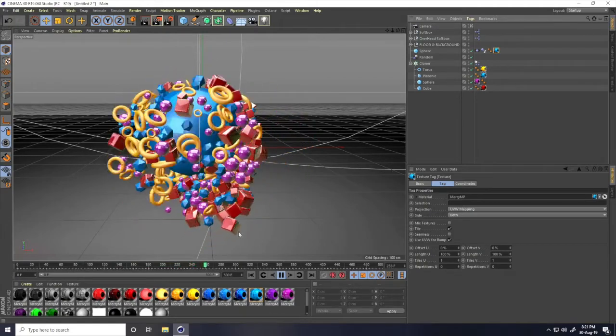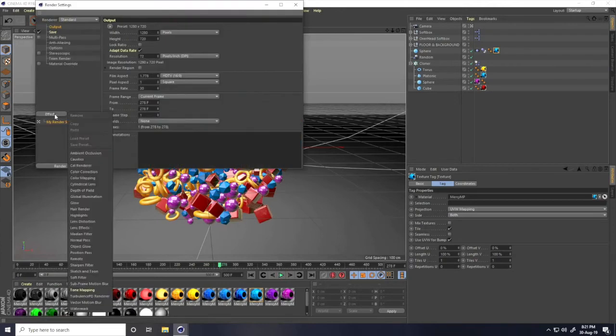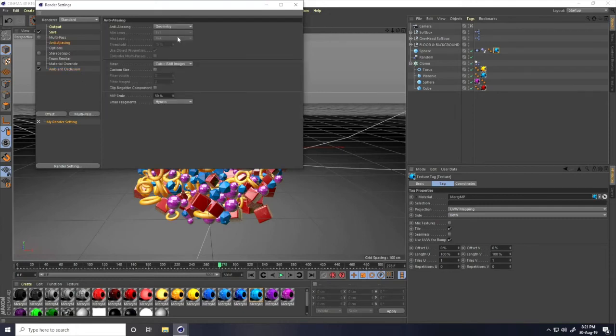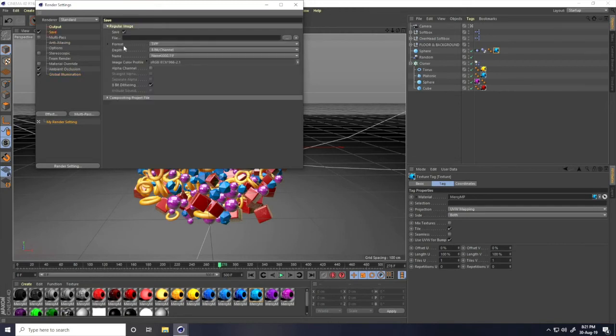That's really good. So stop, guys, go to render settings and ambient occlusion, maximum samples 1 to 8, accuracy 100%, anti-aliasing. Guys, if your system configuration is better, you can take best, otherwise you can only take geometry, and also global illumination, and take irradiance cache, record density take low, and format use JPEG.